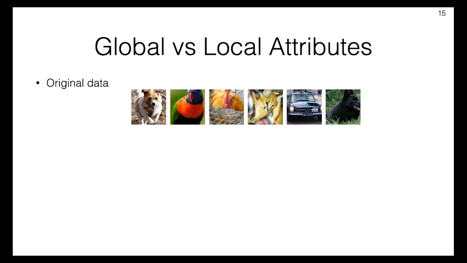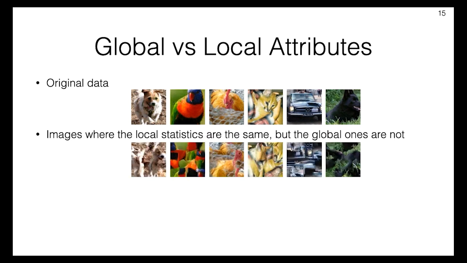Here is an illustration of this distinction. Suppose we take a data set of images and then design a transformation that preserves the local patterns but randomizes the global patterns. This can be achieved, for example, by splitting the images in a 4x4 grid, by scrambling the tiles, and then by inpainting 2 pixels of the borders between the tiles.